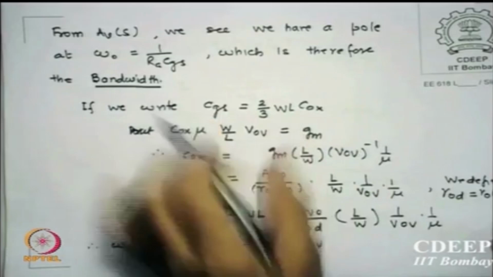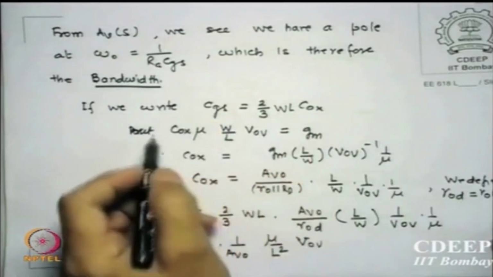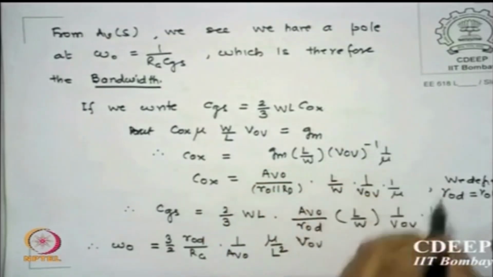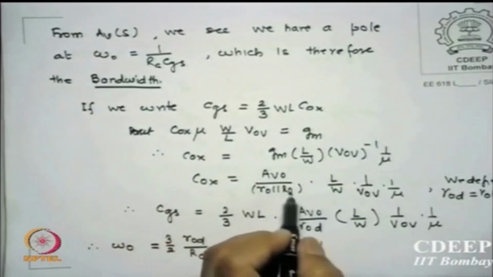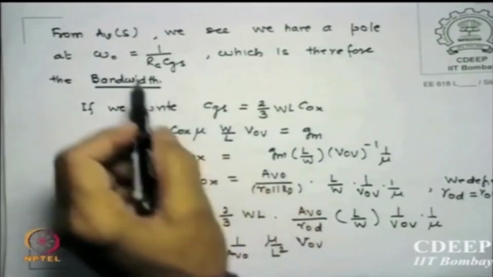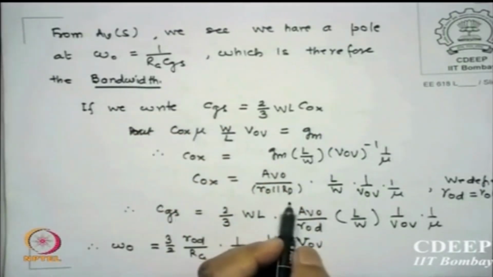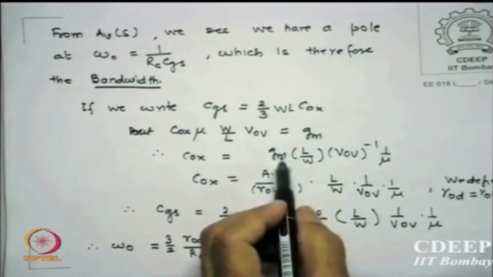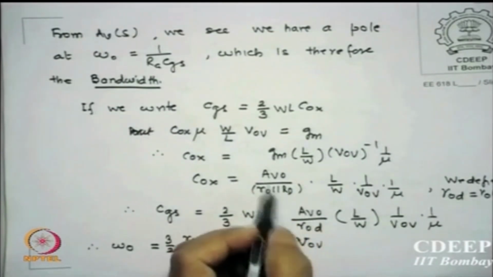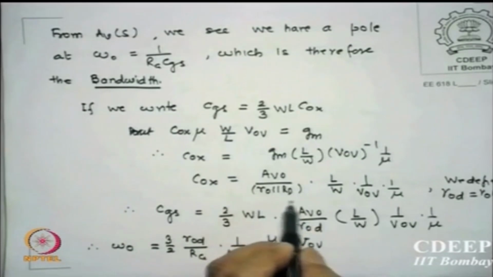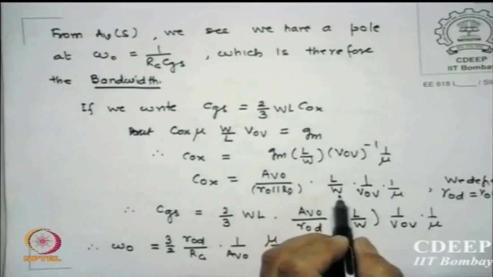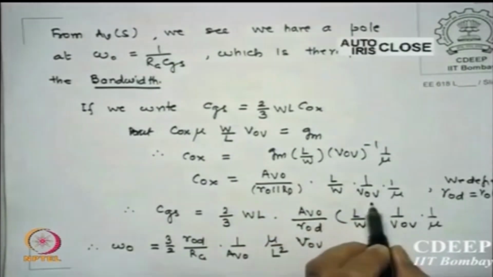I use the second equation, GM is Cox mu VOV, evaluate a Cox something like this, GM is (W/L) VOV to the power minus 1 upon mu, and then I play a little game. If you see carefully, GM RO or ROD, whichever you say, is the gain. So gain by RO is GM, so I replace GM by AV0 by RO parallel RD, or you can keep one of them also, into length L by W, which is the aspect ratio, 1 upon VOV into